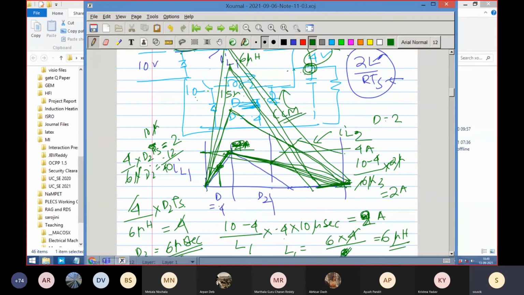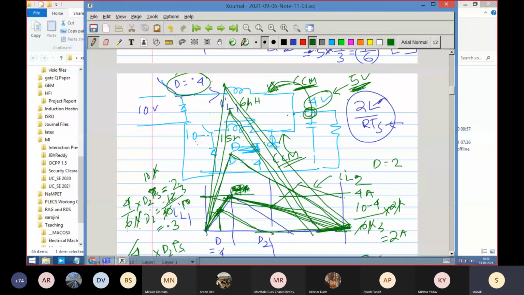Right, 6 micro is the inductor I have chosen. D2 TS has to come down from the peak value of 2. So this is correct. 6 into 2, 12, divided by 40. So how much is it? 3 by 10. That is 0.3. Yeah. So D2 is now equal to 0.3. So this current will come down here. So only if you change the D ratio, instead of 0.4, you make it 0.2, then you can bring one of them into discontinuous conduction mode.